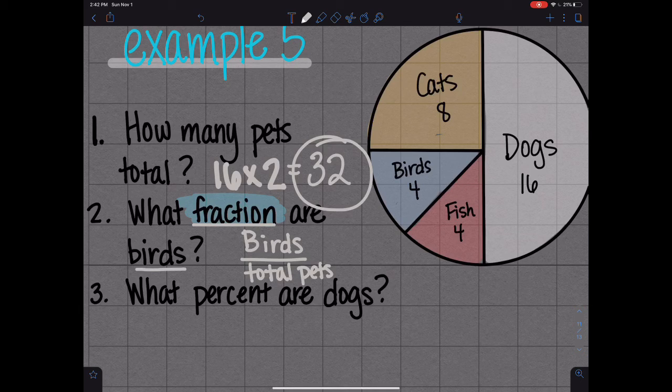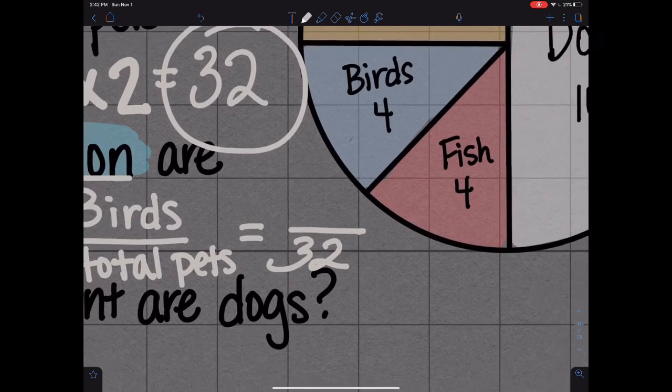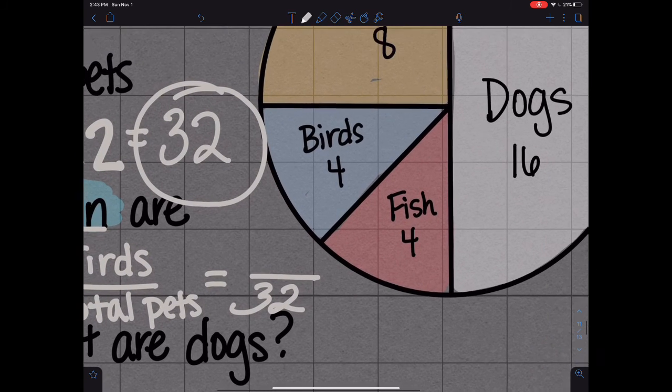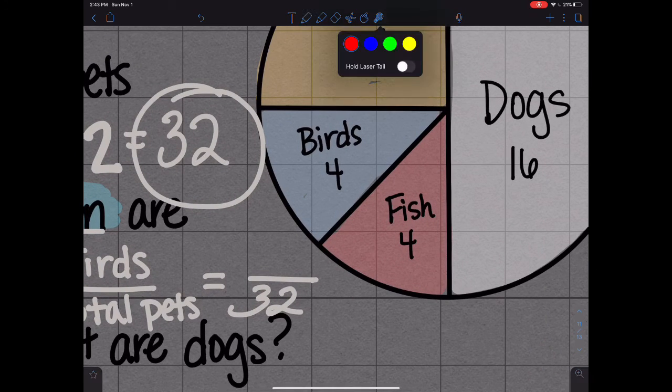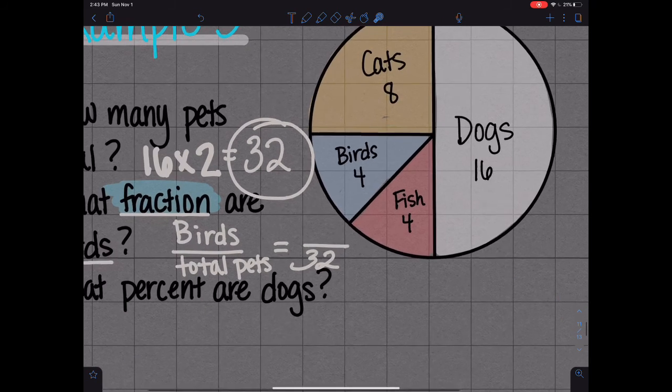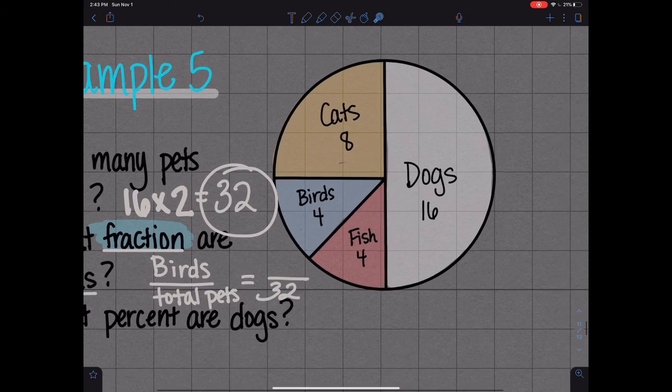So we already know that there are 32 total pets because we figured that out with the first one. So I'm going to write 32. And then how many birds are there? Well, you just look at the graph and you can see that there's a number 4 there. And you could also see, what if